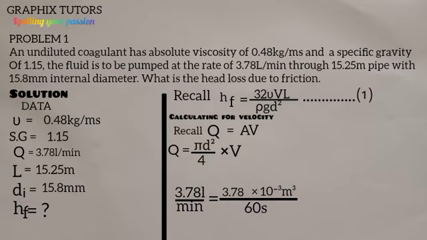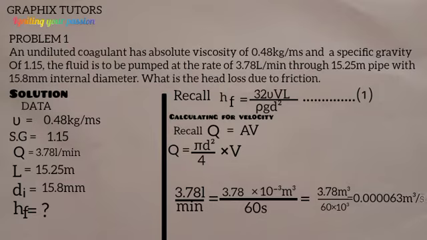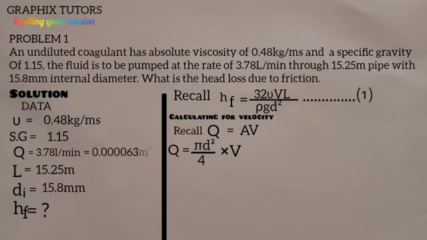Now if you bring the 10 to the power minus 3 down, we have 3.78 divided by 60 times 10 to the power of 3. 60 times 1000 is 60,000. If you divide 3.78 by 60,000, you have 0.000063 cubic meters per second. That is what we are going to input here. So our discharge is 0.000063 equals